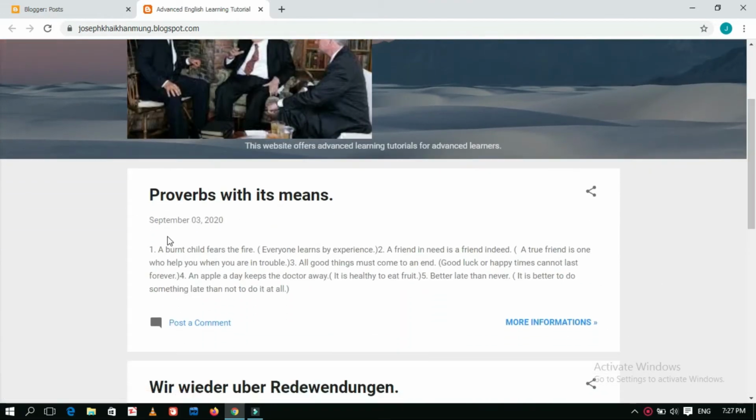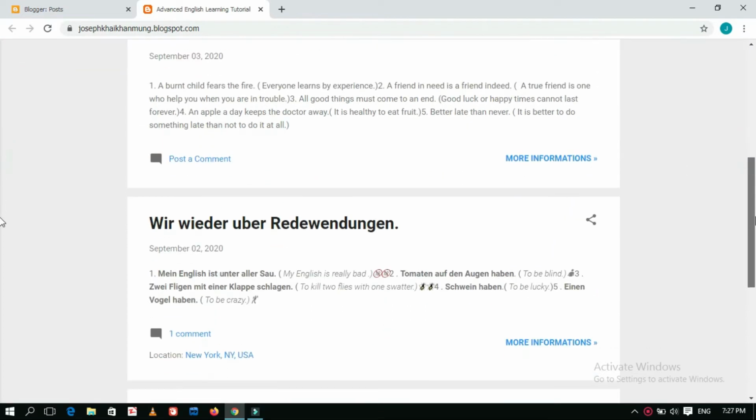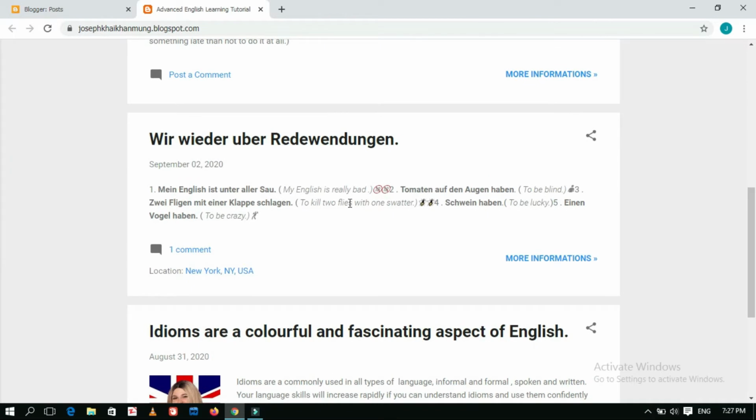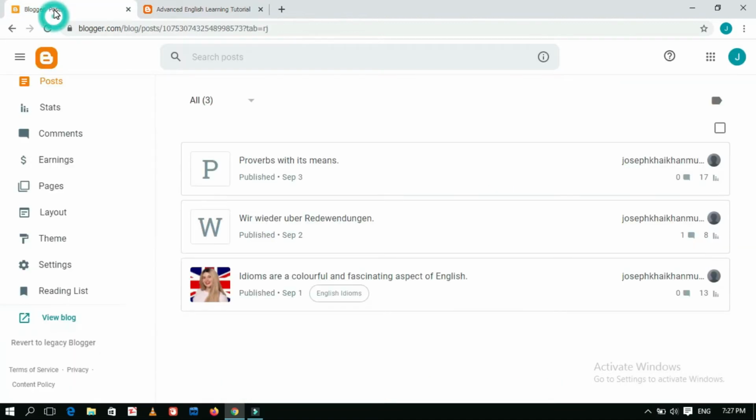Suppose we want to hide the date, or suppose we want to hide the name of the person who posted the article. Okay, shall we see by going from layout